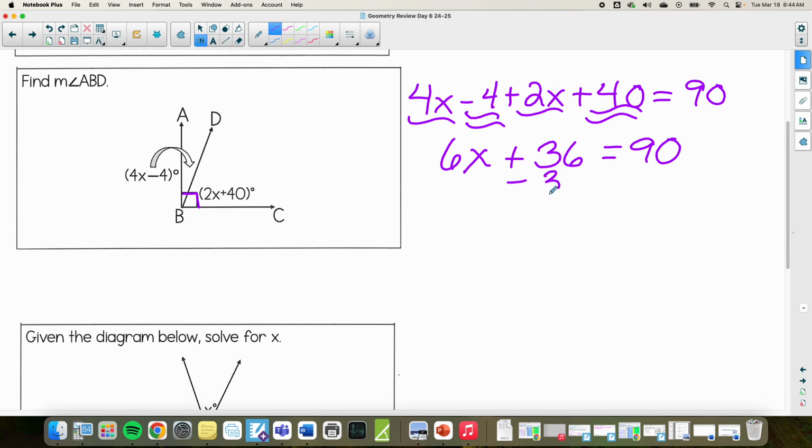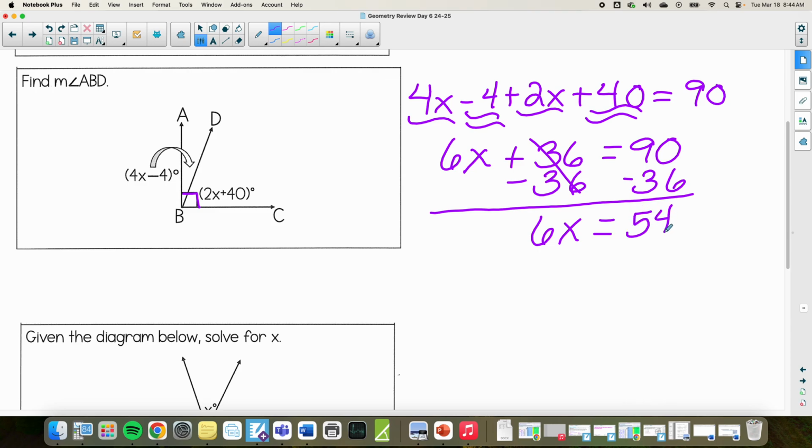Then I'm going to subtract 36, and I get 6x equals 90 minus 36, which is 54. Divide by 6, and x is 9. Now you always want to look at, is that what we wanted to find? And it's not. We wanted to find the measure of angle ABD, okay? So the measure of angle ABD